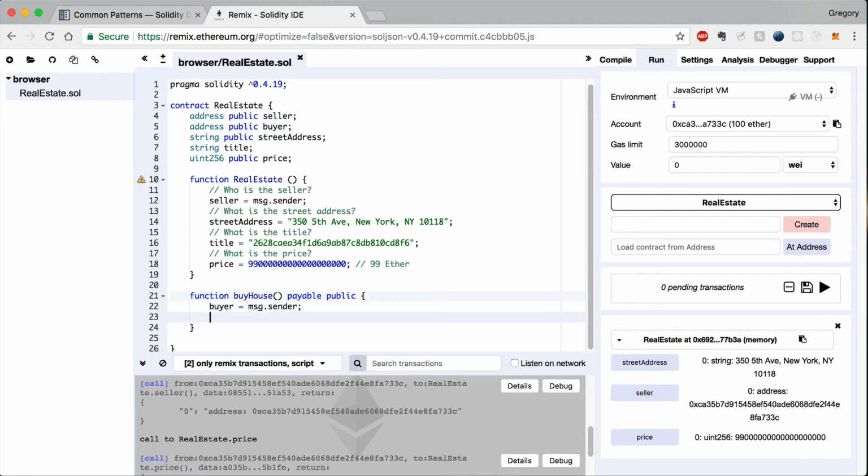And the next thing that we want to do is send Ethereum from the account that is buying the house to the account that is selling the house. And we do that like this. We'll take the seller, which we declare up here, and we will transfer